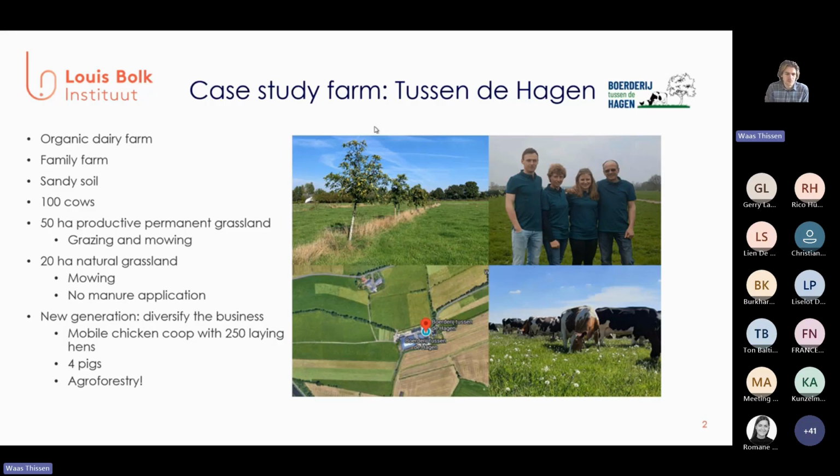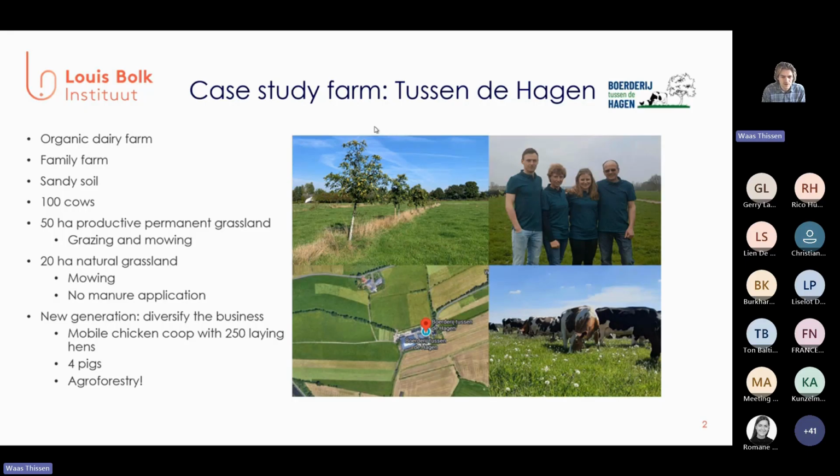Almost everything is permanent grassland. Most of it is owned, and 20 hectares is natural grassland where they do more natural management for nature objectives. So recently, the son of the farm, TLA, he's on the left in the photo, took over